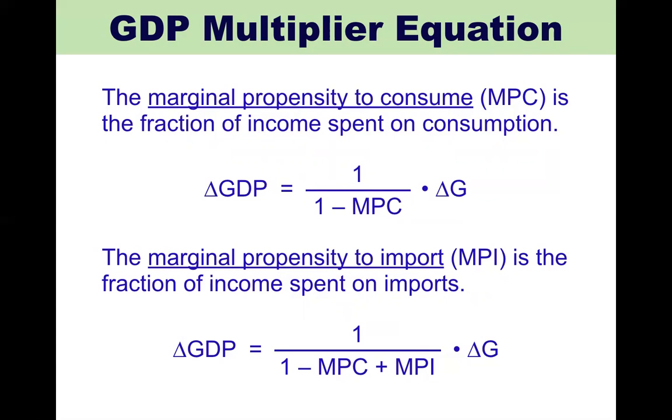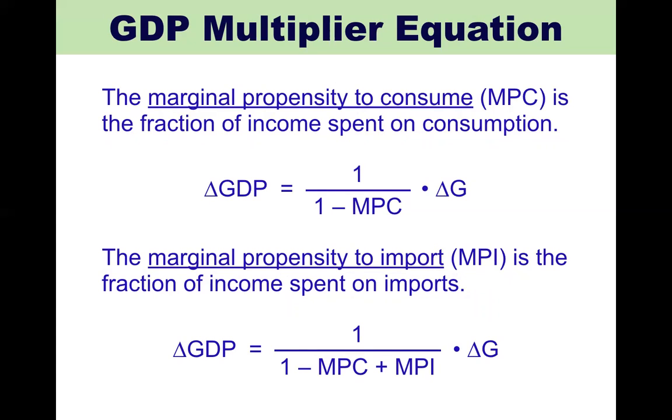So oftentimes, if we have an autarky, which means that there's no government, everybody's out for themselves, oftentimes 75% on consumption is one of the numbers that economists like to use. And we can see that when we use that number, our multiplier is 1 divided by 1 minus MPC, or in this case, 1 minus 0.75. So 1 over 1 minus 0.75 is going to equal 4.